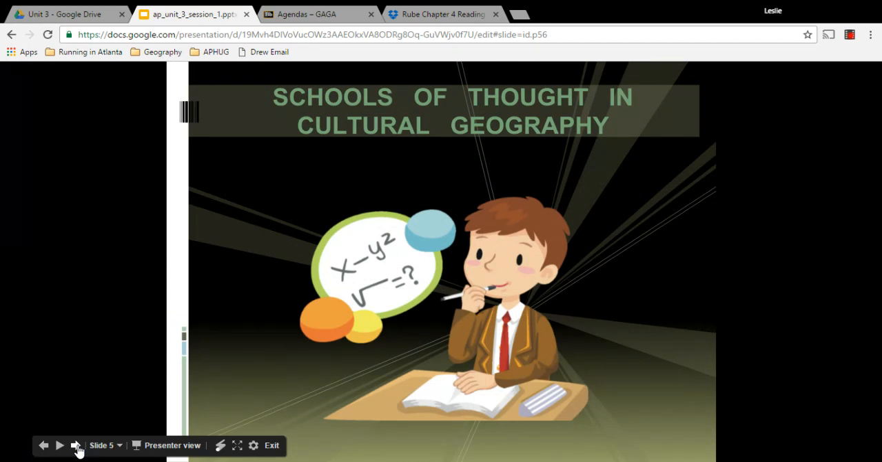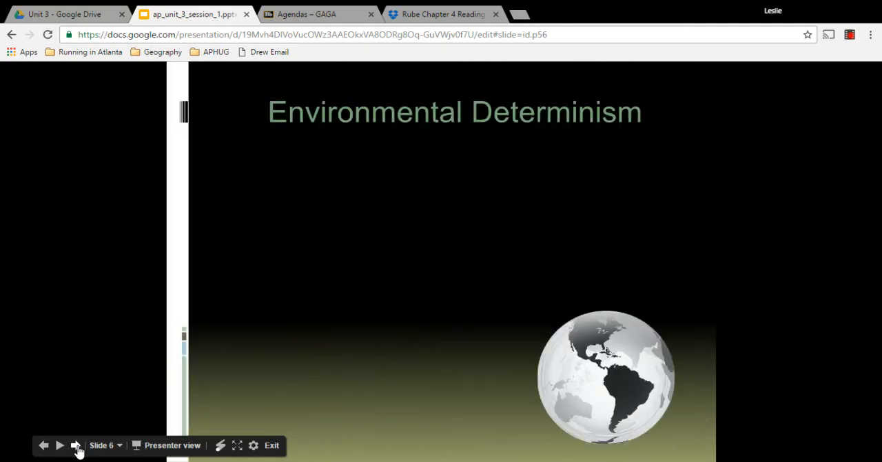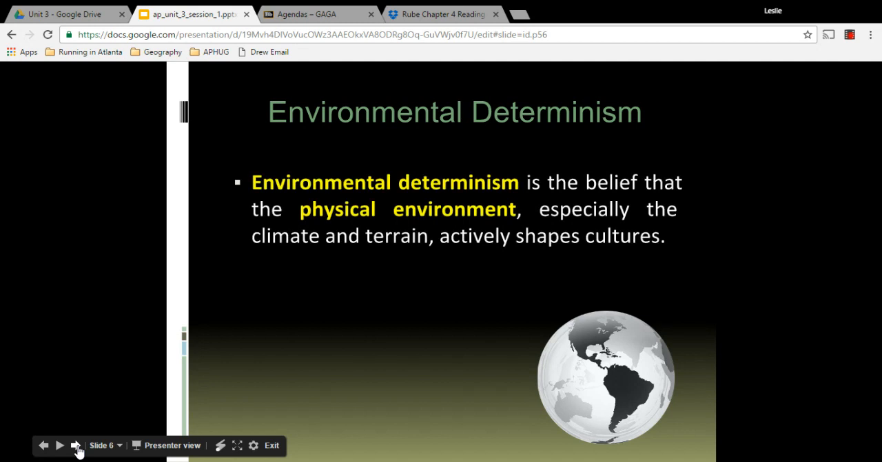All right, so schools of thought in cultural geography, we're going to talk about a couple of important geographers. And then we're also going to, again, touch back on environmental determinism and possibilism. So we're going to begin with environmental determinism. And just to review, environmental determinism is the belief that the physical environment, especially the climate and terrain, actively shapes